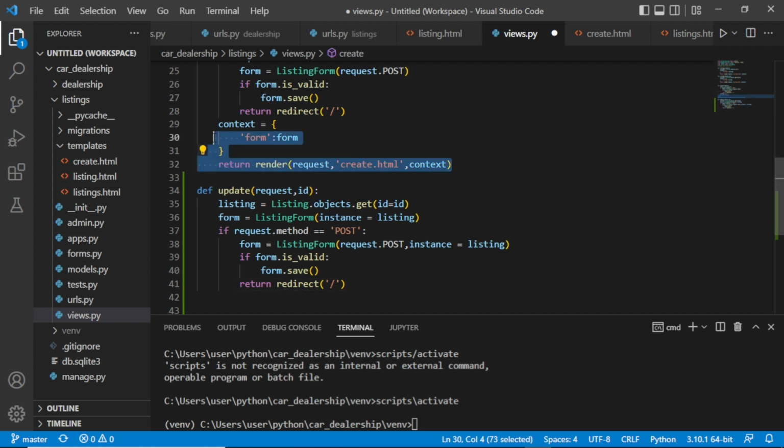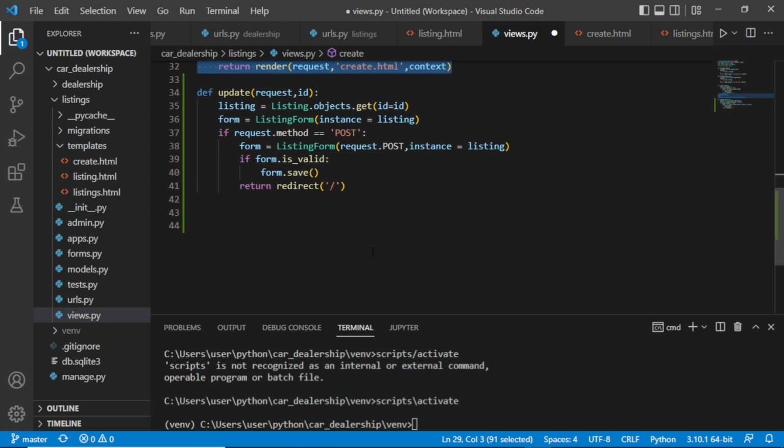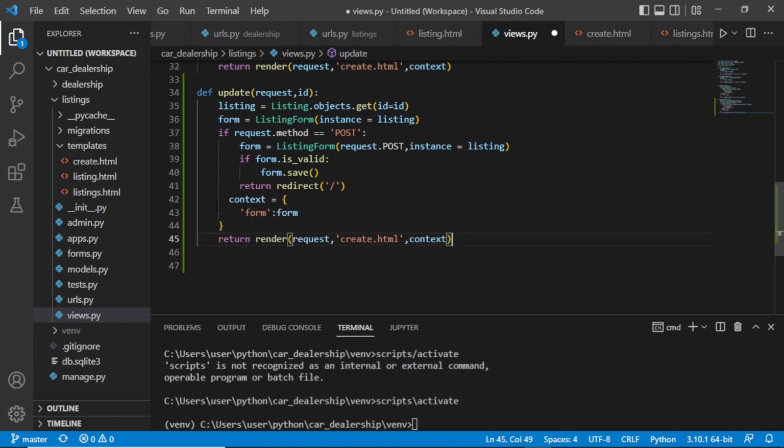So I'm going to copy this, and then I'm just going to paste it here. Of course, it should be here. Okay, what is this? Yes, of course it should be here. Now,